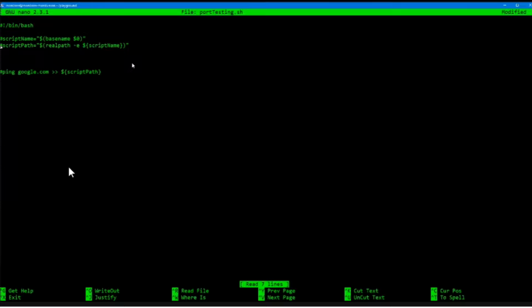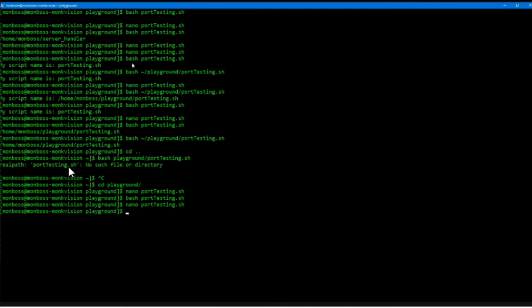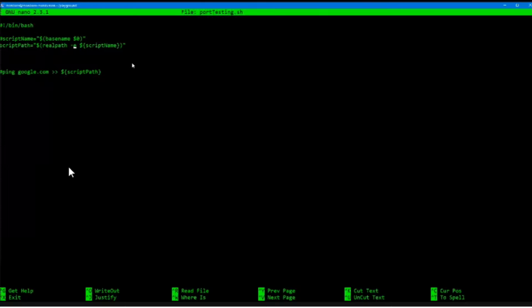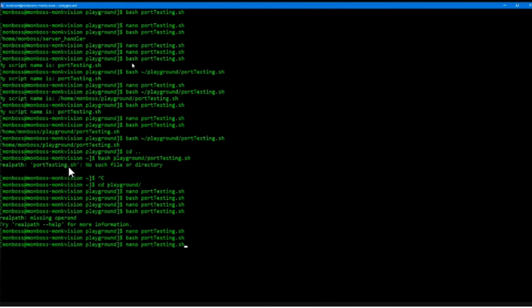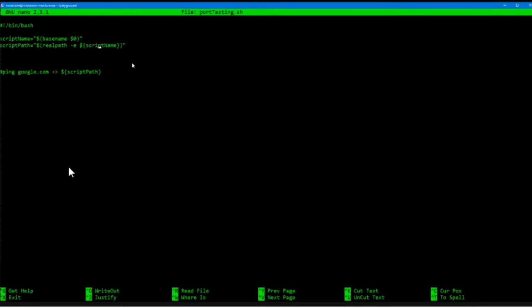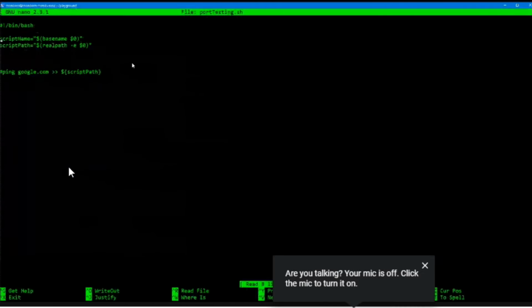Let's say I have, let me actually use this. So let's say I have the real path, right? And I want to get the path of my file. Am I doing something wrong here? Oh, okay, yeah, I see. So I'll have to do this, yeah. So let's say I have to get the path of this script, not the script name, and let me just do $0 here just to ease things off. So what I'll do is, I'll basically,